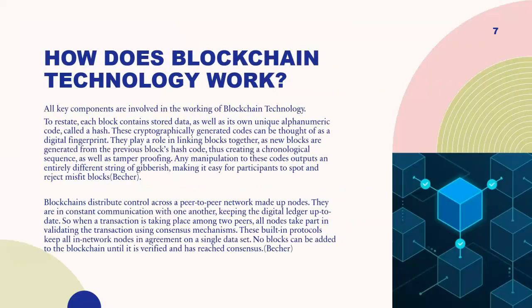So how does blockchain technology work? Well, all those key components that I just stated are involved in the working of blockchain technology. To restate, each block contains stored data as well as its own alphanumeric code called a hash. These cryptographically generated codes can be thought of as a digital fingerprint. They play a role in linking blocks together, as new blocks are generated from the previous block's hash code, thus creating a chronological sequence as well as tamper-proofing. Any manipulation to these codes outputs an entirely different string of gibberish,